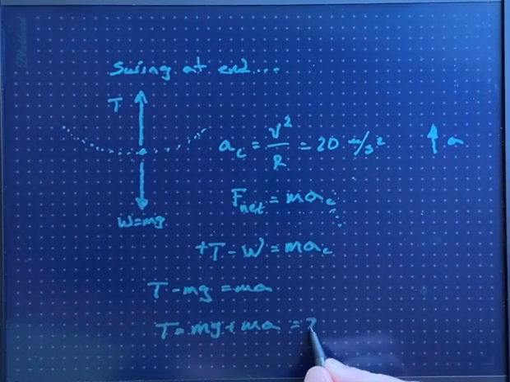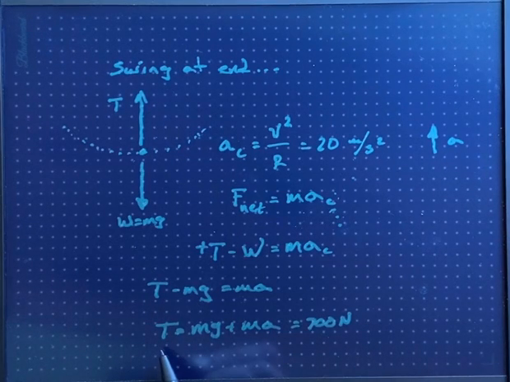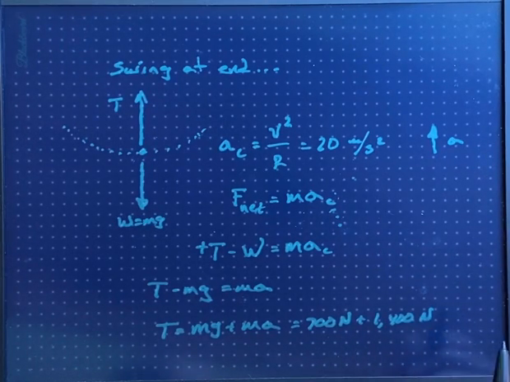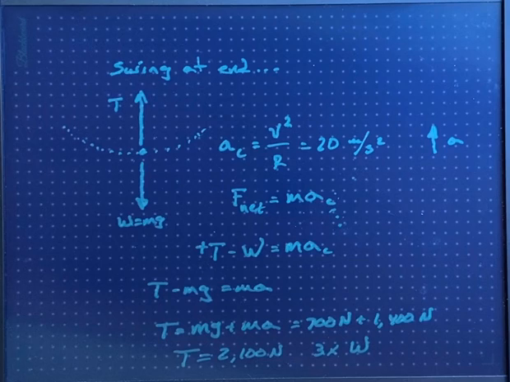So this is equal to 700 newtons, which was the tension force you needed if you were just hanging at the end of the string, plus an additional 1400 newtons to provide the upward acceleration to keep you moving on the circle. So the total tension force that you're going to need is 2100 newtons. By the way, that's 3 times your weight in this particular case. So if you lowballed the rope and picked one that only had a tensile strength equal to twice your weight, thinking you were building in a margin of safety, you would have made an error and the rope would have